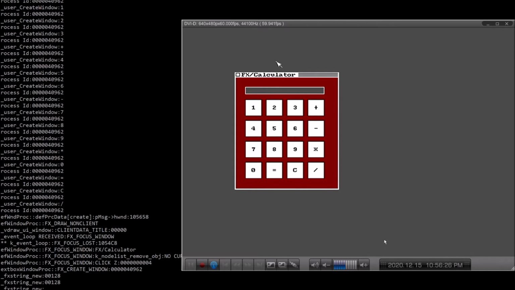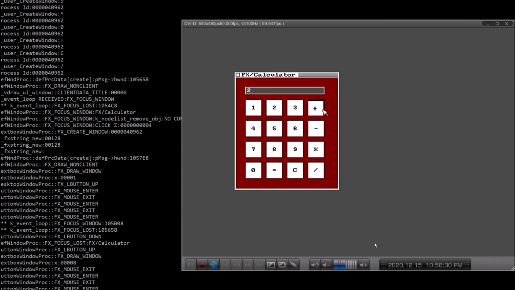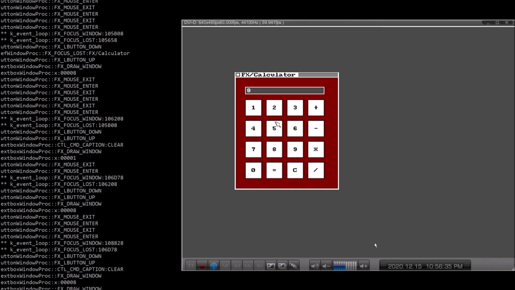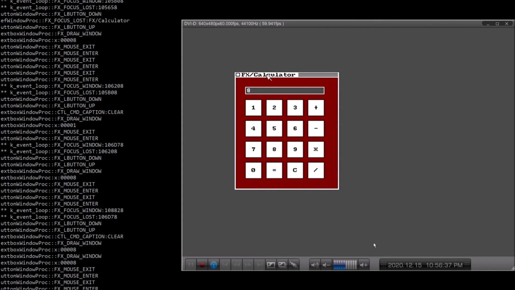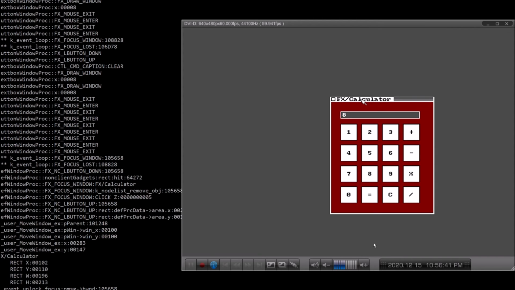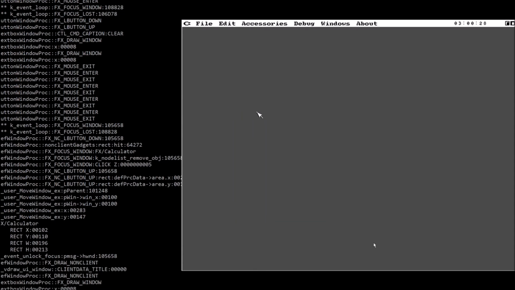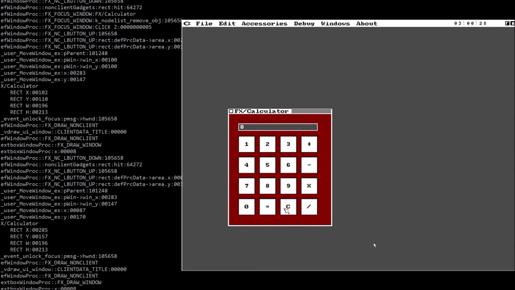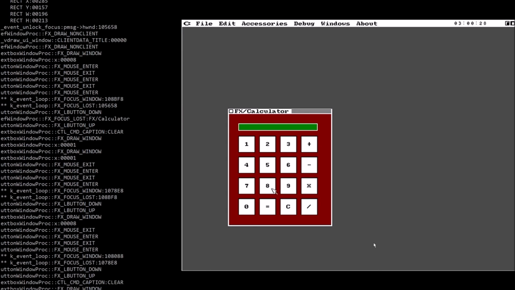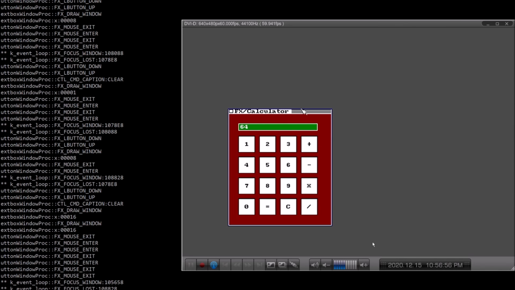Fire up the calculator and we'll do, I don't know, 2 plus 6 equals 8. And you can see this has data in it, and I'll move it. Hey, and the data remained and it brought its buttons. So I'll pull it back over and we'll clear it. "64" in green,